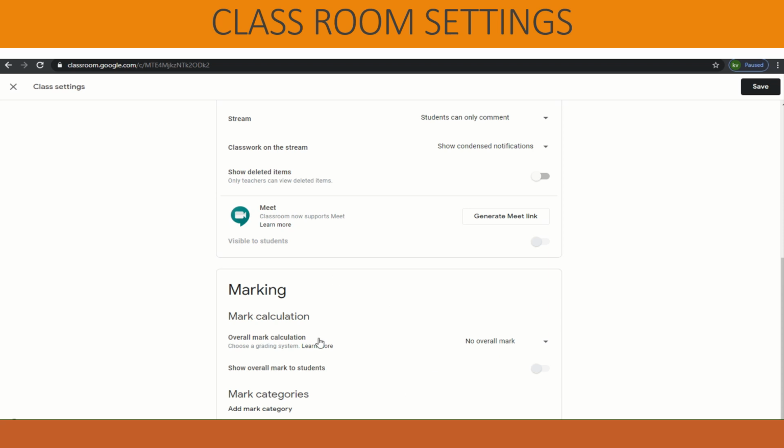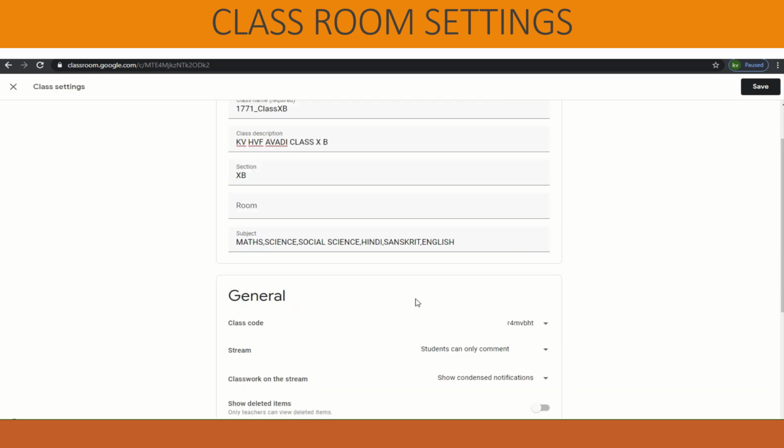This marking and all is related to the assignment and the rubrics which are used for marking. So we don't have anything to do about it now. After you do the settings, click on save.